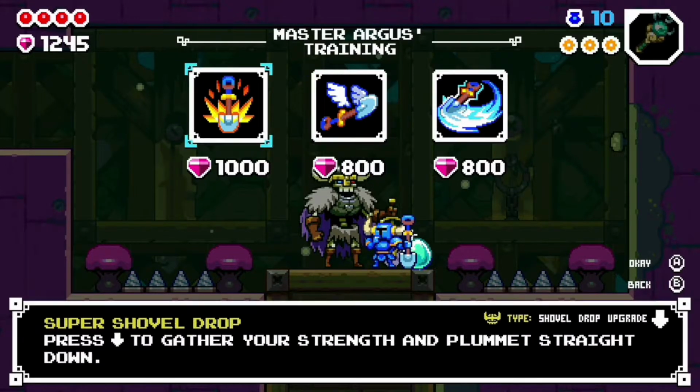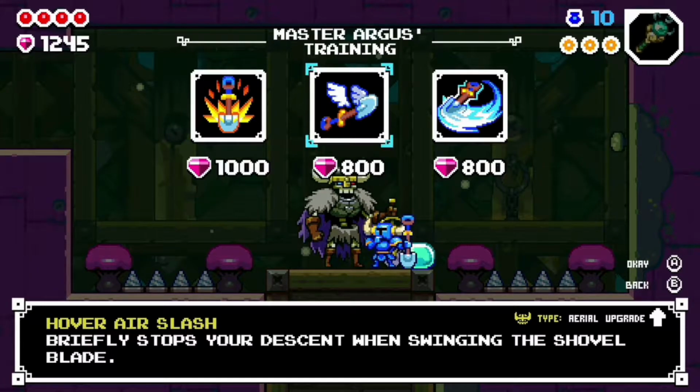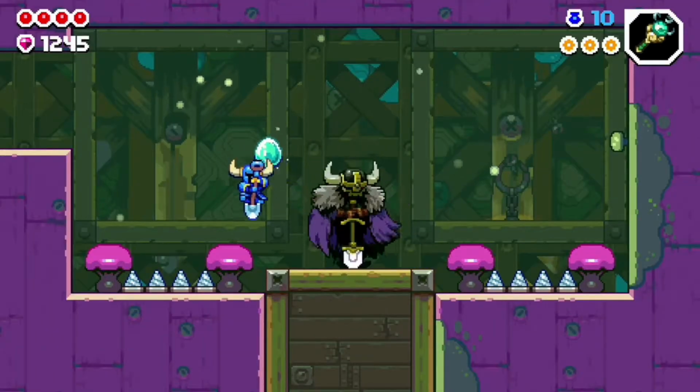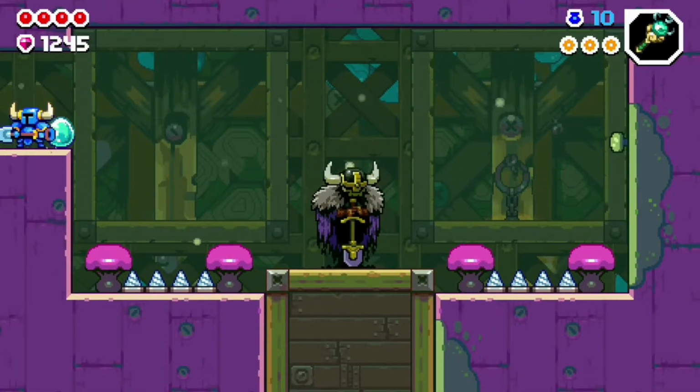Hold briefly stops your descent when swinging the shovel blade. You know, I don't think I want to spend all my money, actually. I think I want to save some and buy some stuff up top. Anyway,